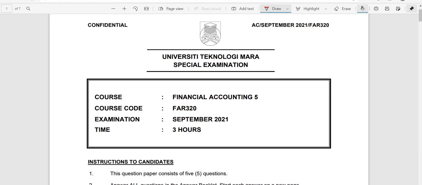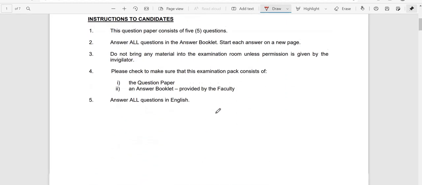I am Madam Yusna Liza, and in our session today we are going to do another question, which is the preparation of consolidated statement of financial position, and we are now going to use the special exam question, September 2021, from FAR320 that involved the preparation for a simple group where there is only a parent and a subsidiary. And let us look at question